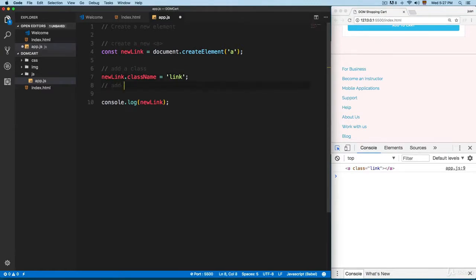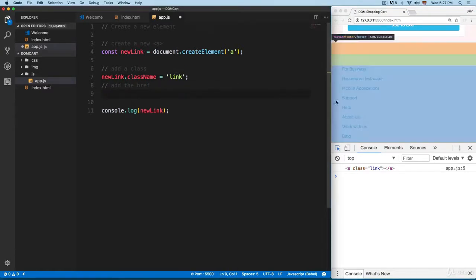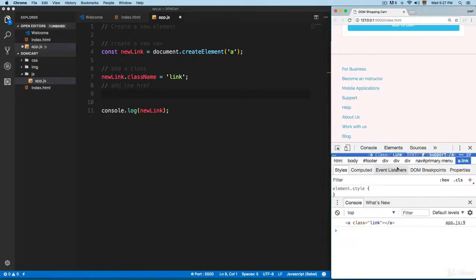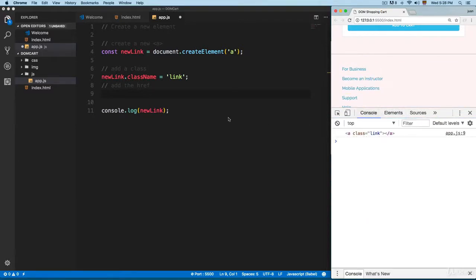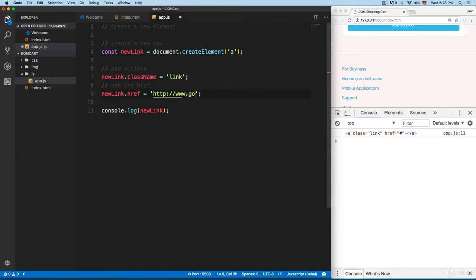So let's add the href. At the moment, this href only points to the pound sign. If we inspect right here, you can see we have the pound sign. But basically it's going to be the same for any cases. So we're going to add new link dot href equals to the pound sign and save this. And now you can see we have the new attribute called href. If you want to link to something, for example, google.com, you can add the full path like this. It's going to link to Google. Or if you want to link to index.html, it's going to be like this, and you can see we have href